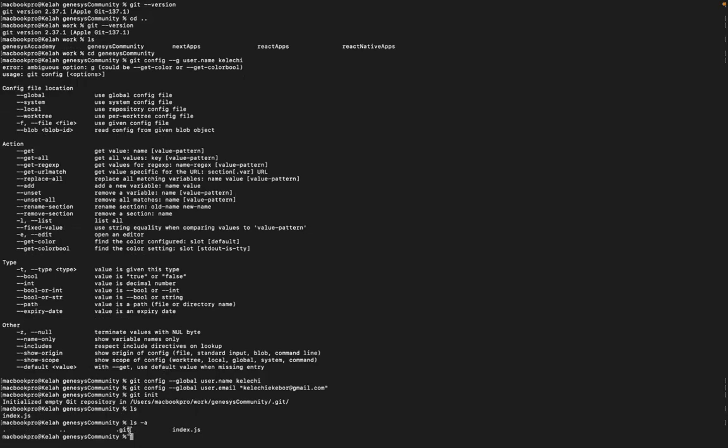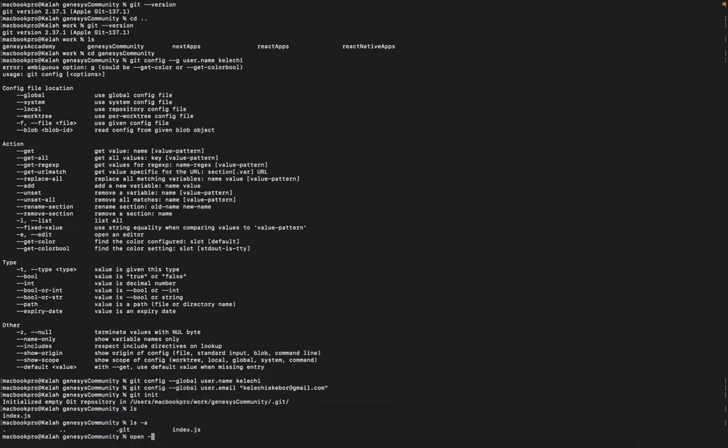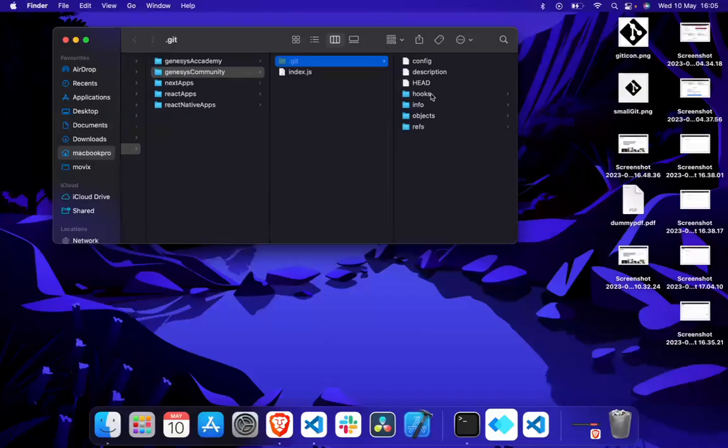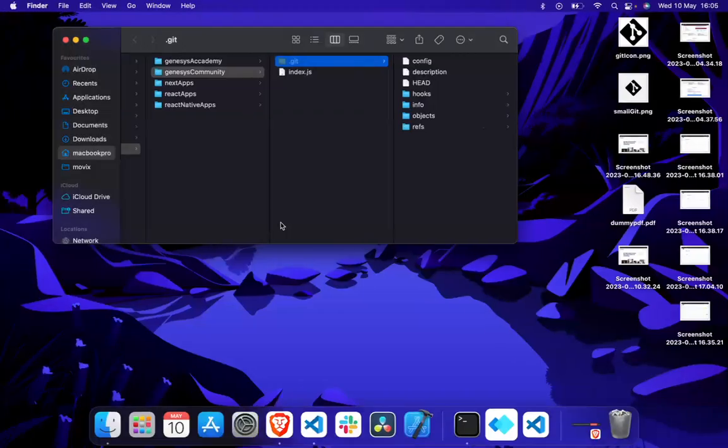It shows you that folder that has been hidden, because this is a command that allows you to see hidden folders. It shows you the .git folder that was initialized by Git. You can even do an open .git, so it opens it by default so that you can see what's inside the folder. But that's by the way. So moving on,